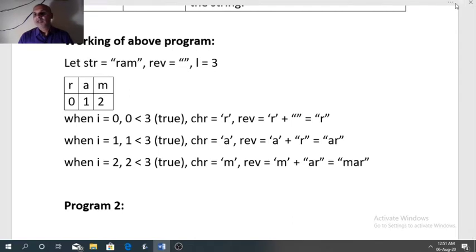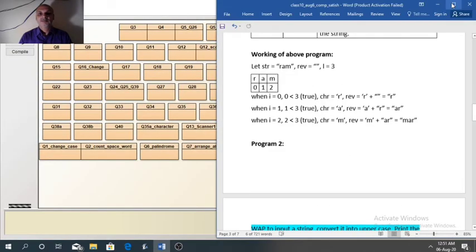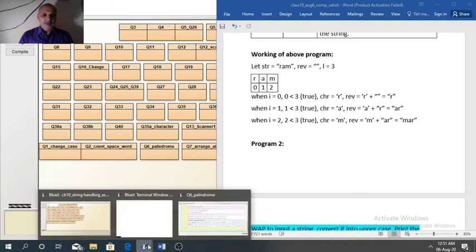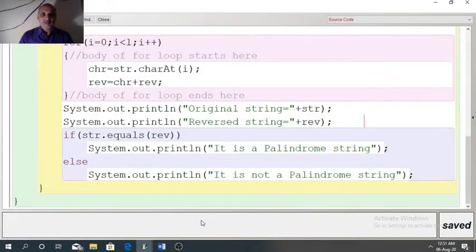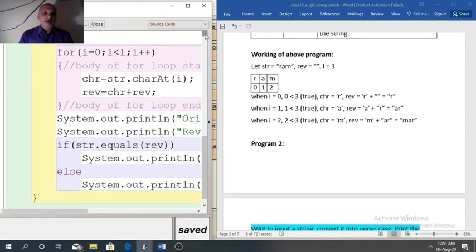With the program logic, I will explain it. Now the logic is on the left side and the working steps are on the right side.